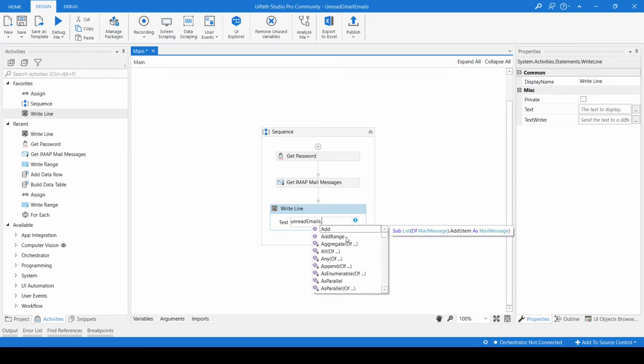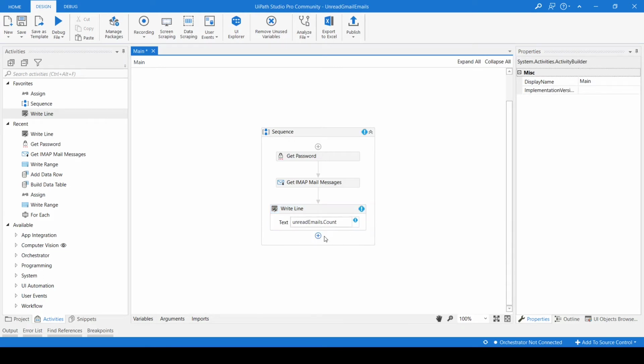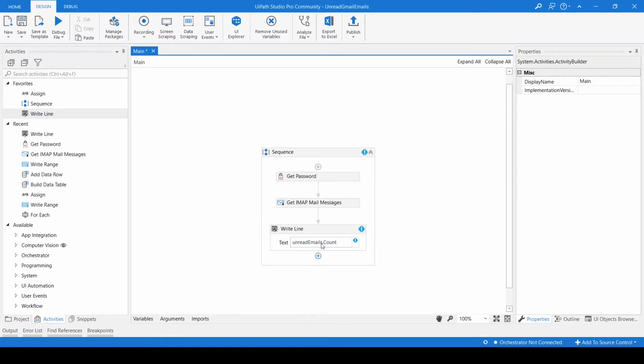Among these we have the Count option. This is the property we require. We want to count how many emails are stored inside this unread emails variable.